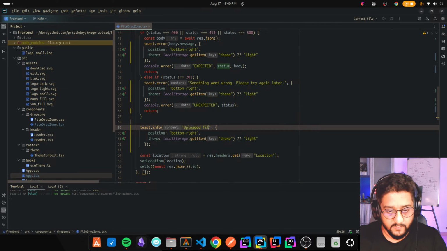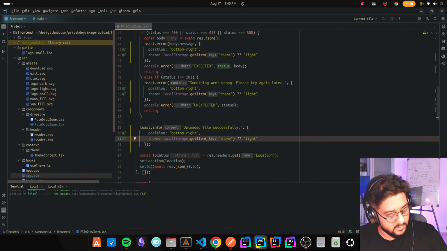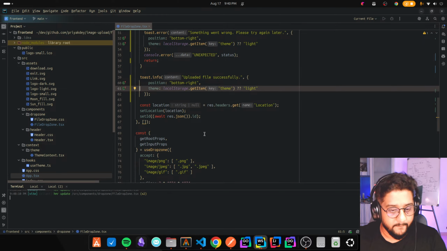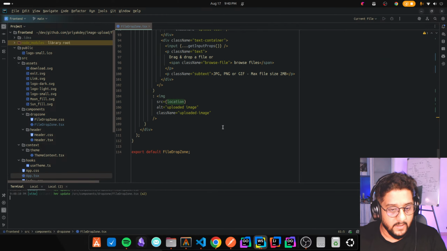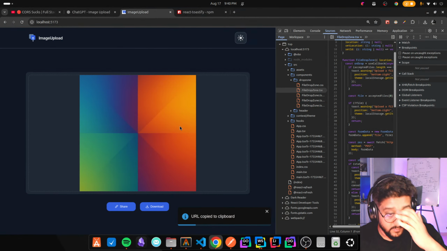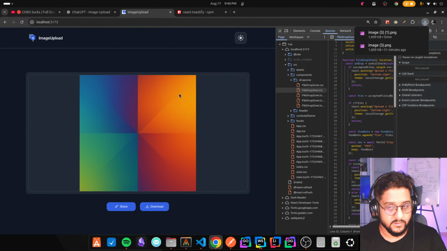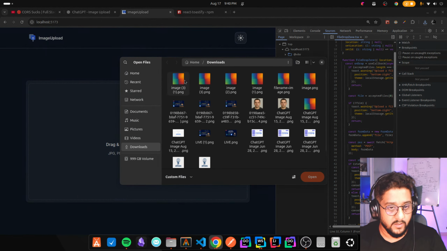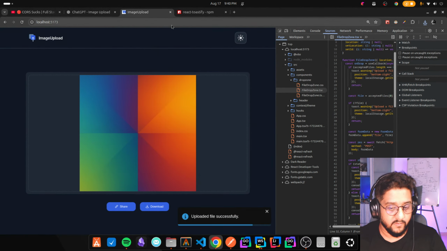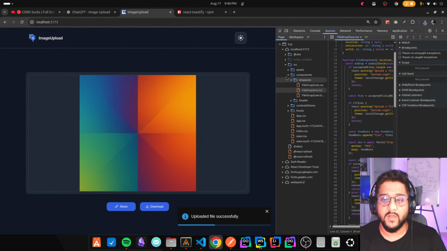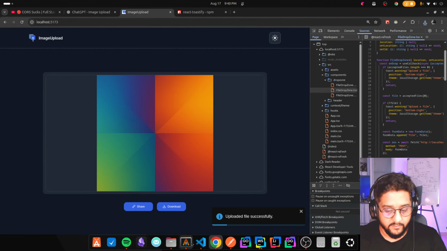Loaded file successfully. Yeah. And that's pretty good now. If I say download thing, uploaded file successfully. Okay. The only thing remaining is, so I'm gonna commit